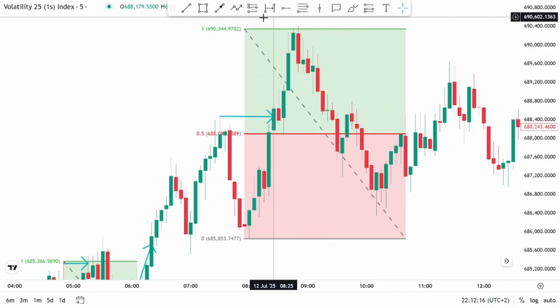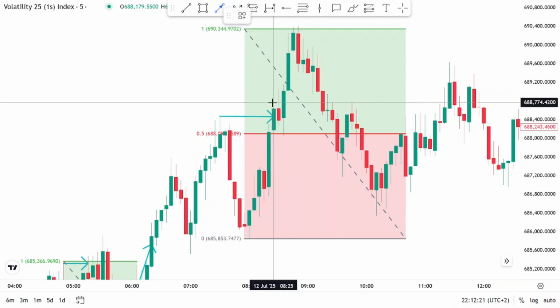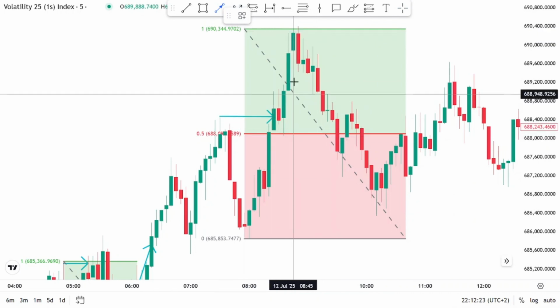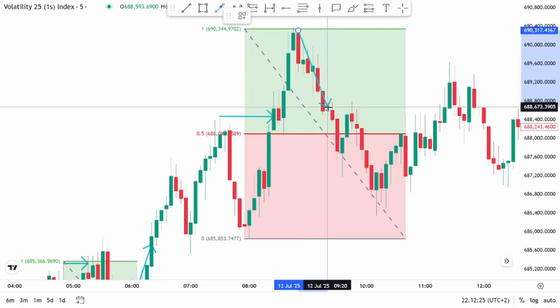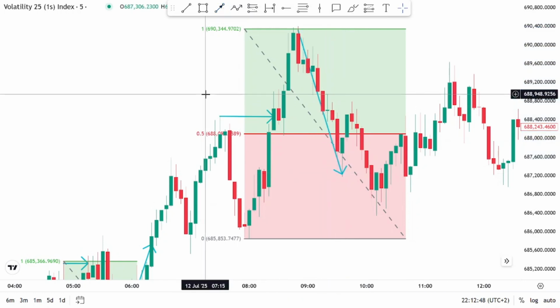So now basically here we see the price after it broke structure, it came back to our external range to look for our 7 institutional reference points. So here price came to this level. This is above the 70%, just a little bit below our 50%. So price came and reacted here, and then guess what? This is where